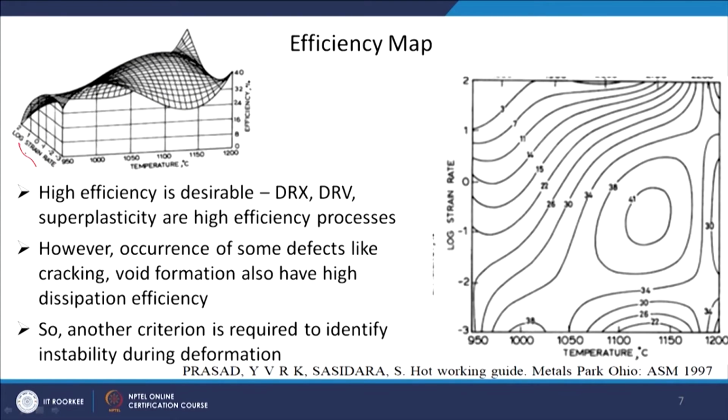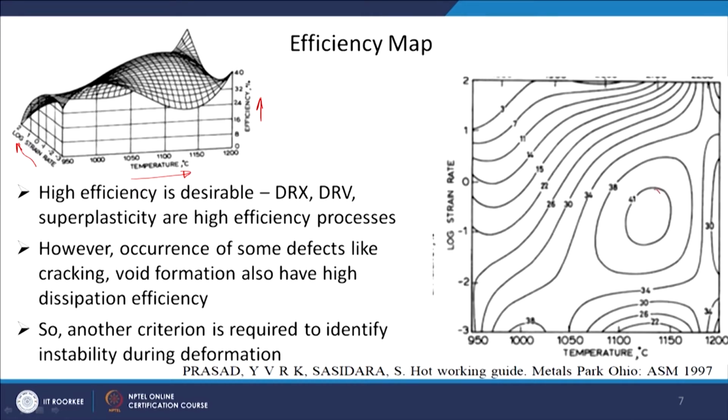Okay. So, this is how you can use the data of stress as a function of strain rate at different temperatures, to construct a contour map. Okay. So, a 3-dimensional contour map is shown here. So, you have log strain rate on this axis, temperature on this axis, and efficiency on the z axis, and there is some 3-dimensional feature, an envelope is there. Okay. If I take a section out of it, at any particular efficiency, I should see something like this.